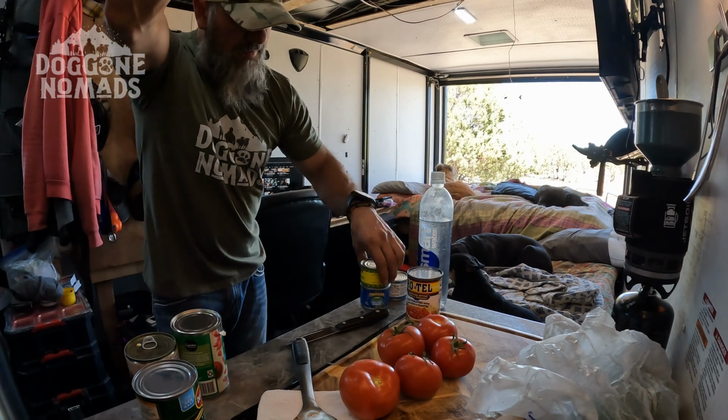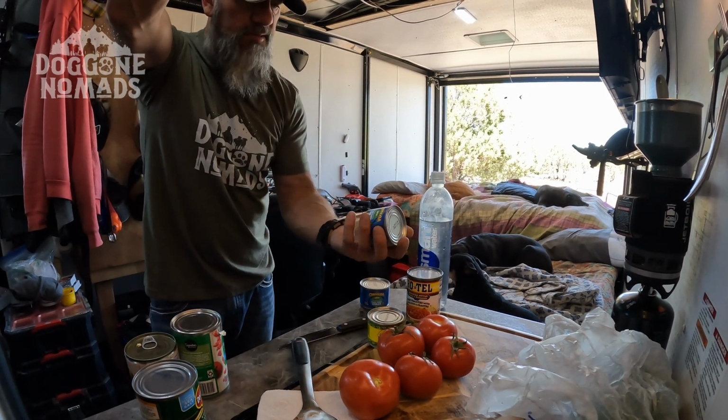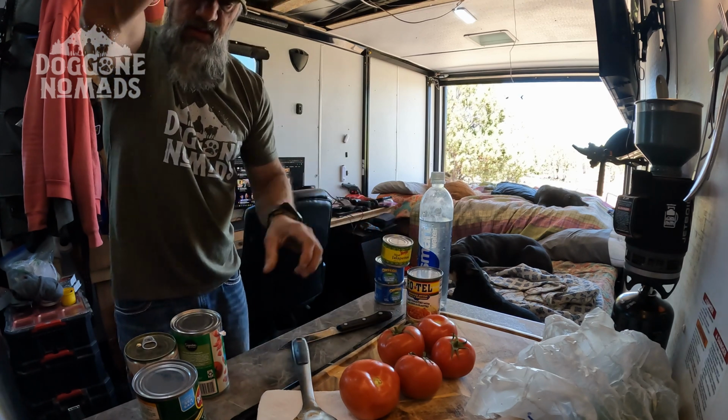So I'll put these in there. I only have 1 can of jalapenos. I thought I was grabbing jalapenos, but evidently I can't read, so I grabbed the chilies. I've never even had these before, but I'm gonna add them. This here,